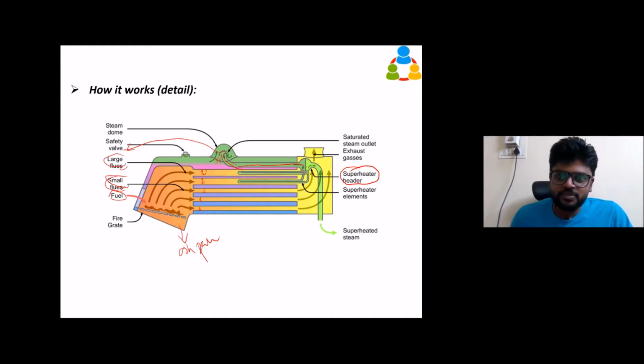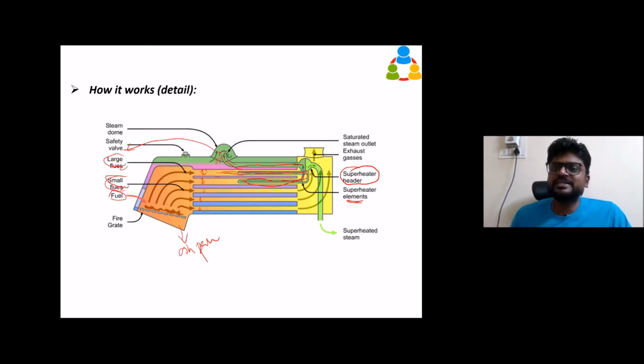That steam is collected in this superheater header, and it will be sent through this U-shaped tube. It is going and coming back. This U-shaped tube is called the superheater elements. You can follow this. It will go and come back again, and again it will go and be collected here. What is the purpose of it? When you send the wet steam inside the tube, this superheater element goes inside the large flues. So what is there in the large flues? Hot gas is coming from here, so that will heat up this wet steam. Already it is steam, not water, but still it is wet steam.